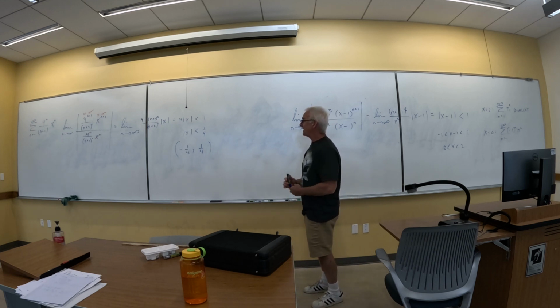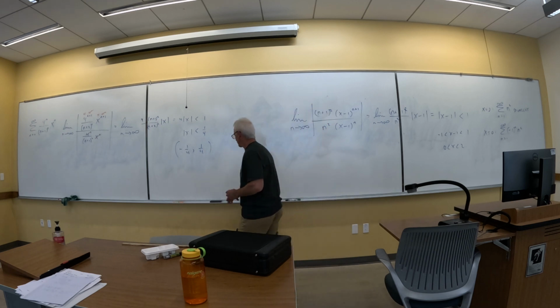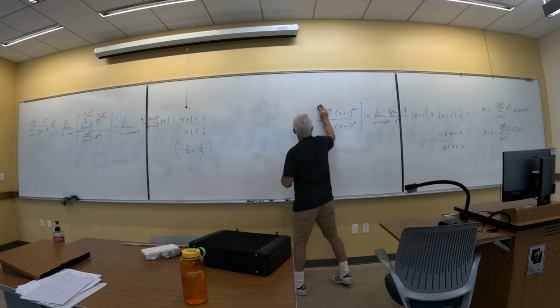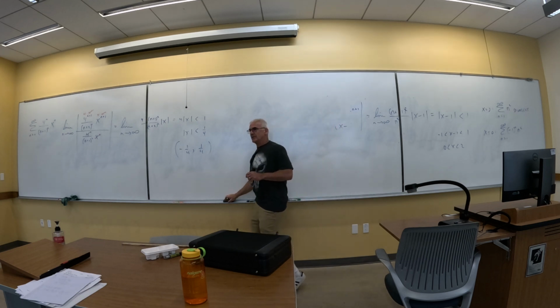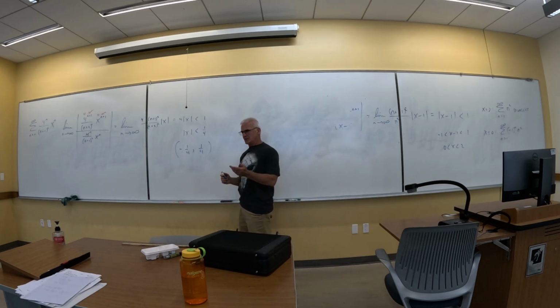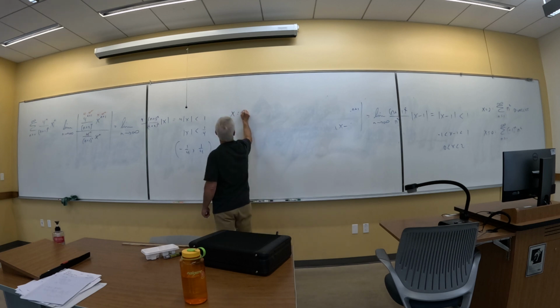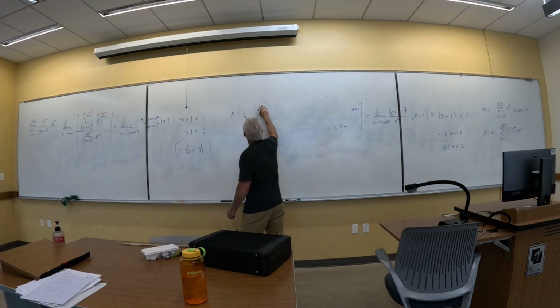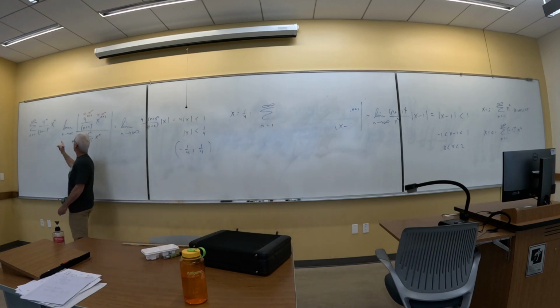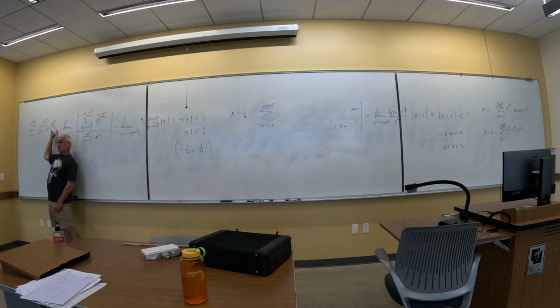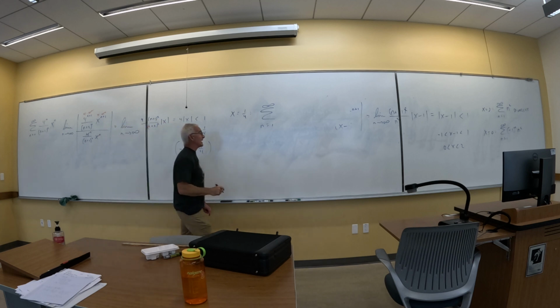Okay? Now, I need to test the endpoints. Which one should I check first? I said it doesn't matter, but I have a plan. The negative or the positive, do you think? Let's go with the positive one. So if x is +1/4, then what does this become? It's the sum of, if x is 1/4, then won't these just cancel? Did everybody see that? I don't have to even write it out. This is 1/4 to the n, that's 4 to the n, they cancel. And all I have is